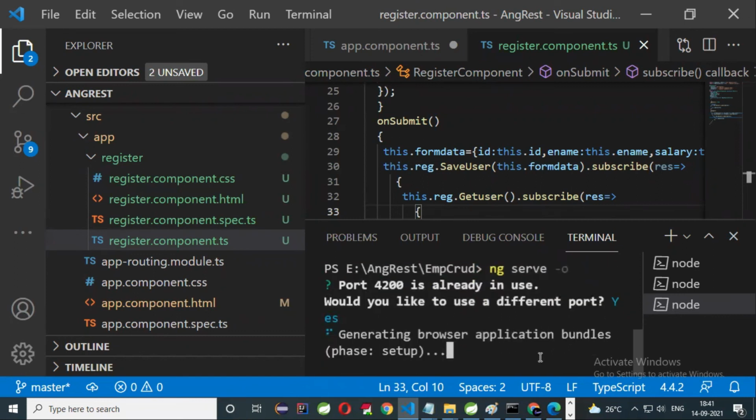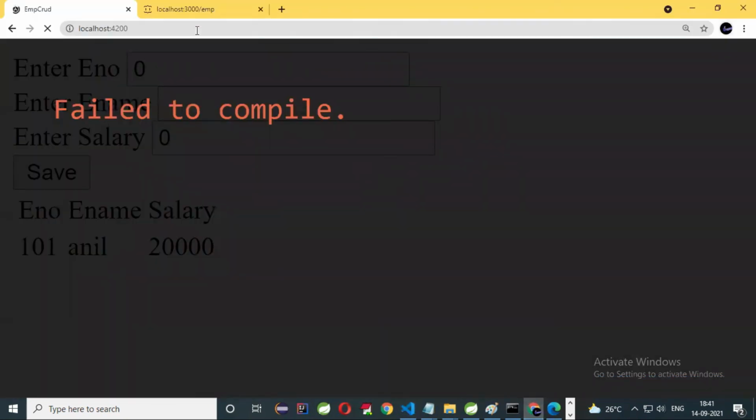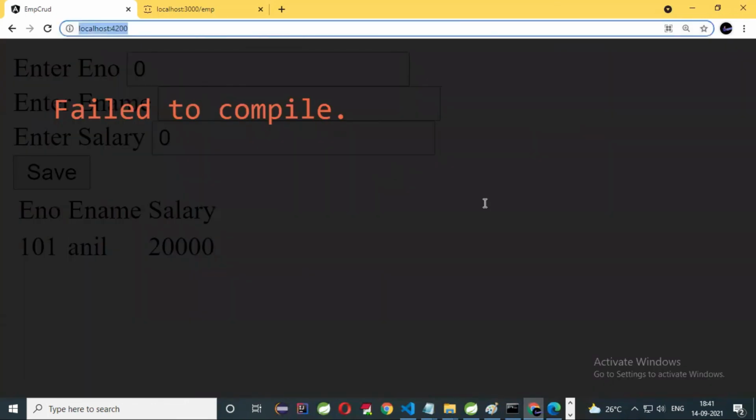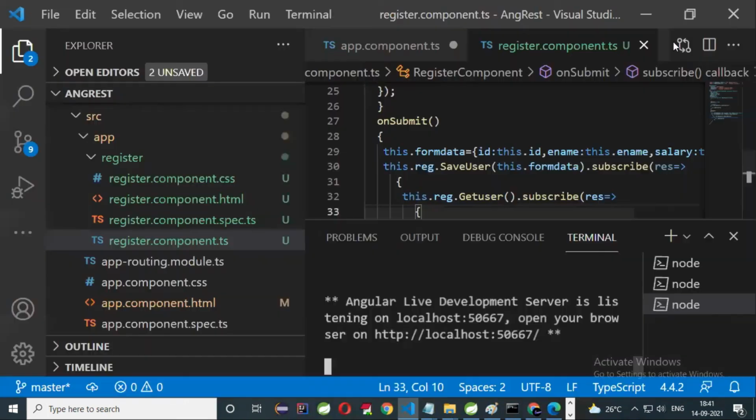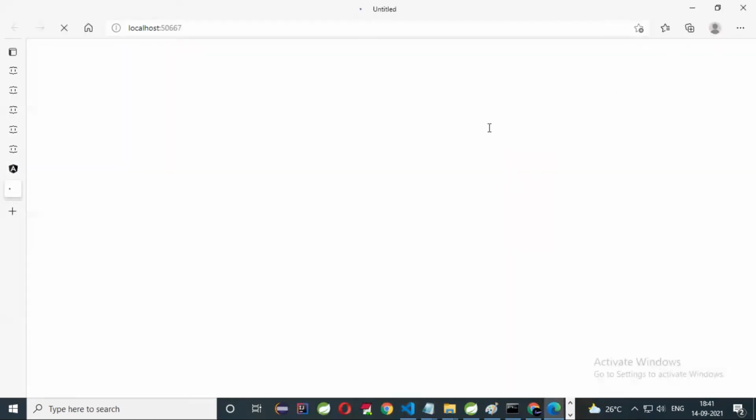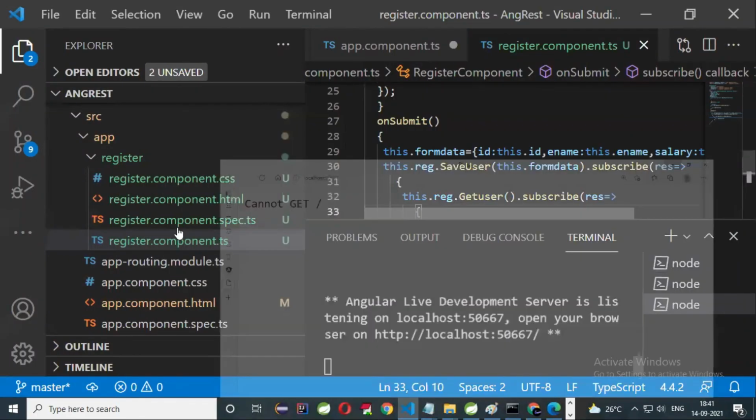Would you like to use a different port? I think it's already running actually. That is why you're getting an error. Yeah, failed to compile. Why did this compile error come? Let us see. I think the URL is a problem in your register.service. Go to your register.service.